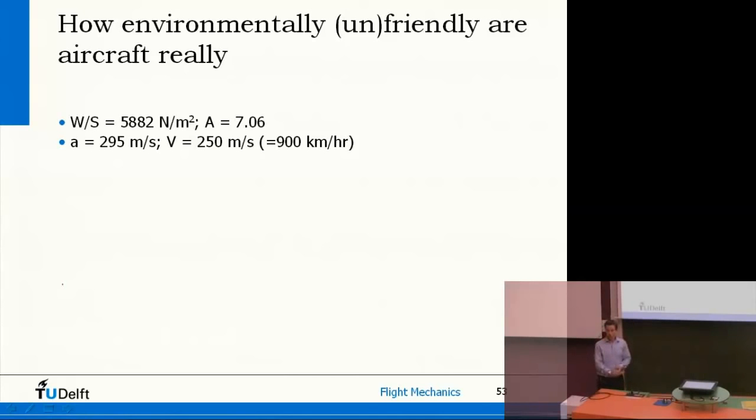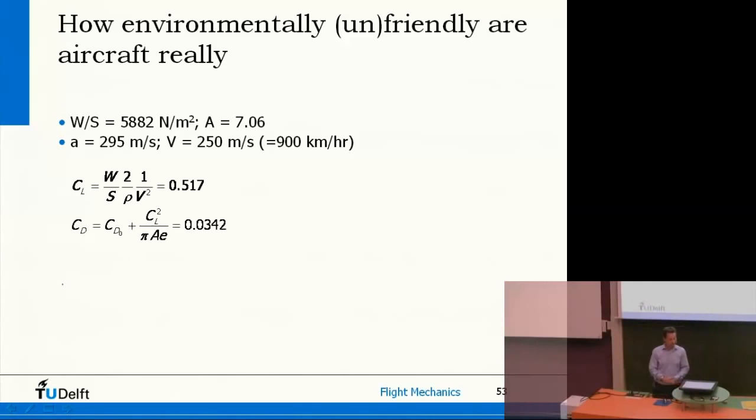So it was given that this aircraft cruises at Mach 0.85, so that means the aircraft is going 250 meters per second, or more or less 900 kilometers per hour. Now, if you know the airspeed and you know the weight and the air density at 11 kilometers, you can calculate lift coefficient, about 0.5, and from the parabolic lift drag polar you can then calculate what is the actual